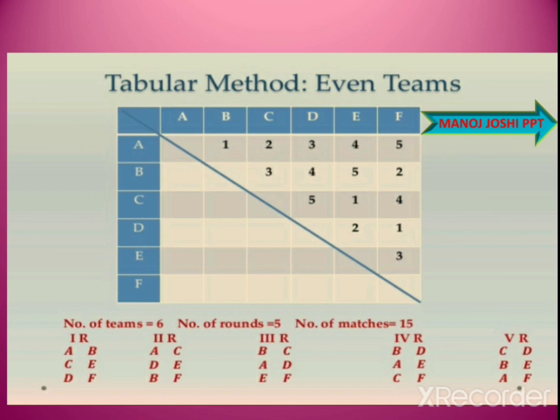Then in the next row, after the 4, 5 we are writing 5 and 1. So 5 is the first number. In the last column, the previous number of the first number will come. The previous number of the first number is 4. 5 is here, so 4 will come. Then again 1 is here, so after the 1, 2 we will write. So before the 2, 1 will come here in the last column.